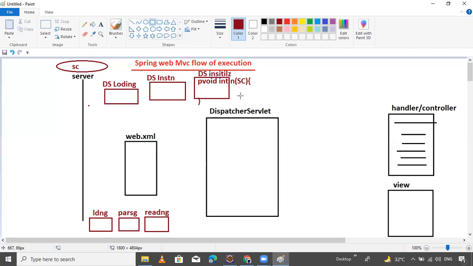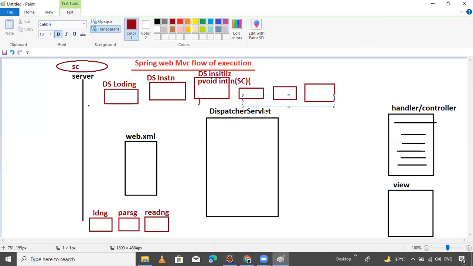Here it performs three operations again. Are you getting this? This is at the time of server startup. Right now, we are not giving any request to the server to execute our web application. These things are performed at server startup, guys.